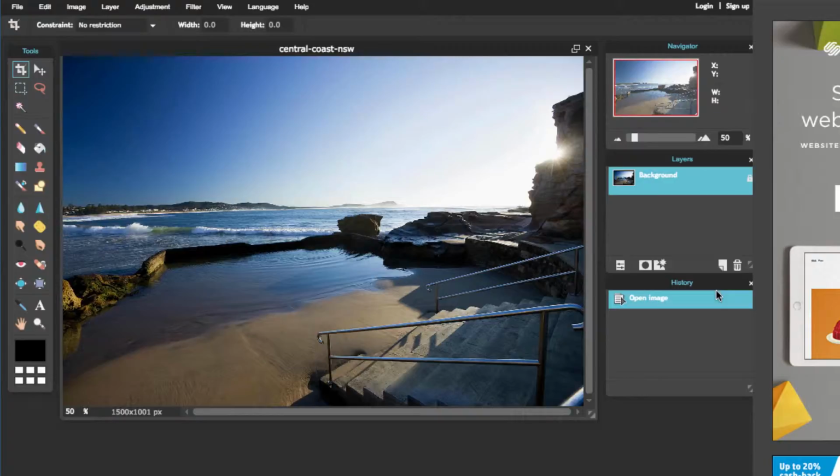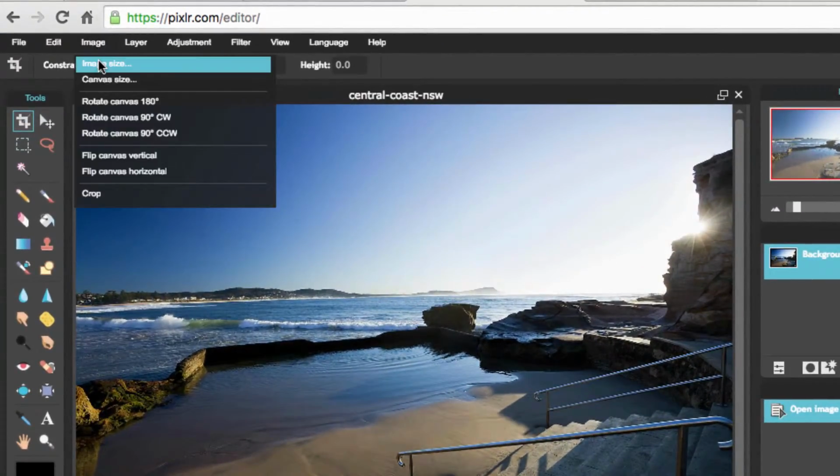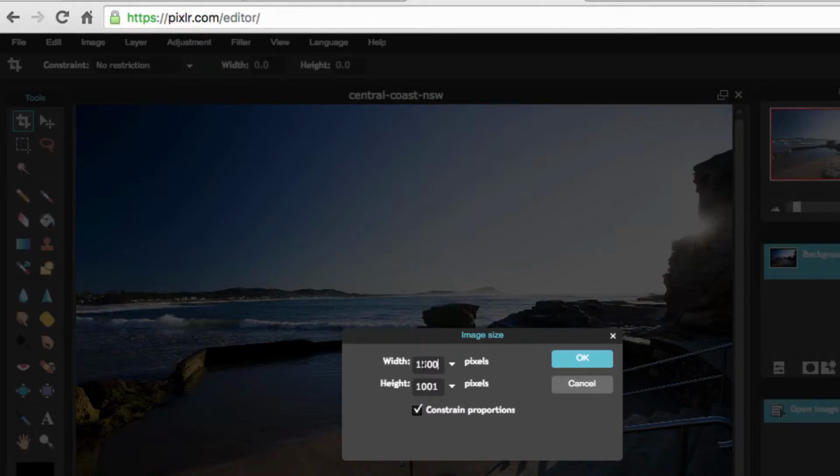Now as a general rule, your photos on the internet need to load fast, and the dimensions need to be a reasonable size. 800 pixels wide, 1000 pixels wide is pretty okay. This one here has got a width of 1500. So what I'm going to show you is how to adjust that and then save it to a smaller file size while still being crystal clear for your website. So you go to image size, just change that to 800